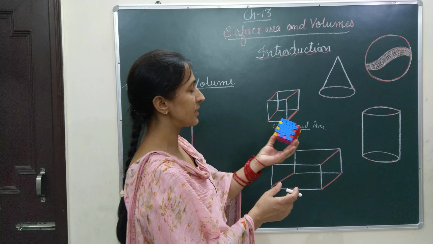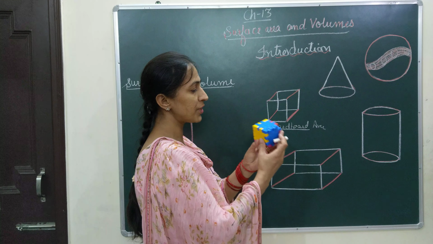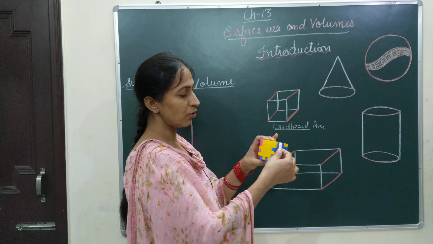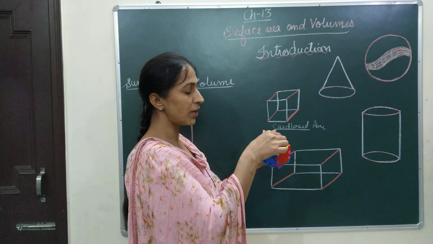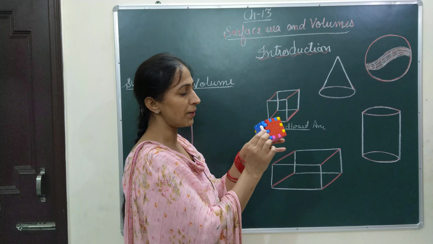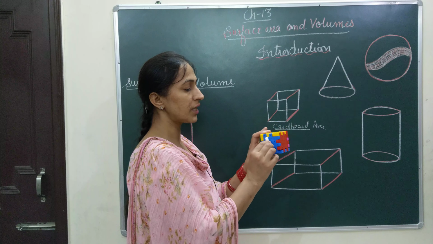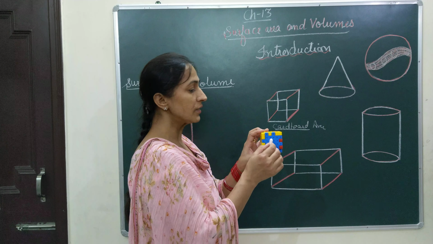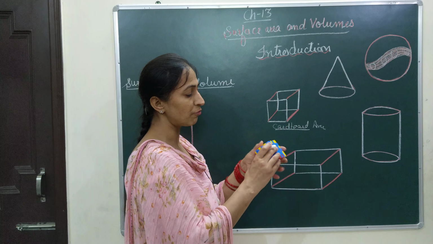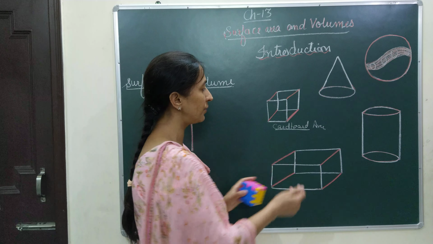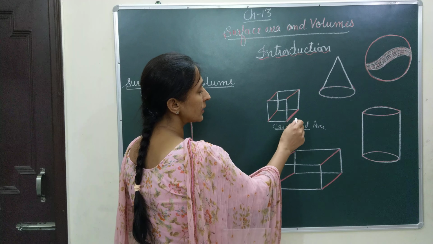Like I have a plastic cube here. Suppose this is made with cardboard, then I am using cardboard here on the four walls of it. Also I am using the cardboard on the top and on the floor. So I am using the cardboard on the six sides. I am talking about only the surface. I am not talking about what is inside it. If I am talking about only the surface of this cube, then I will surely be taking the surface area in that case.